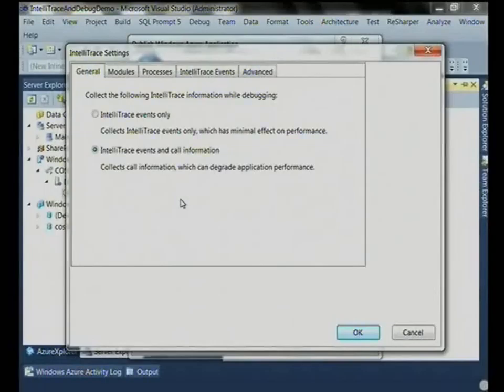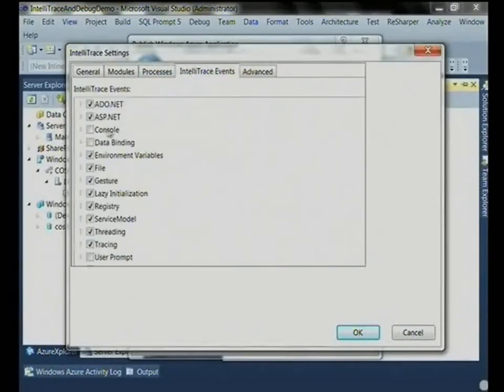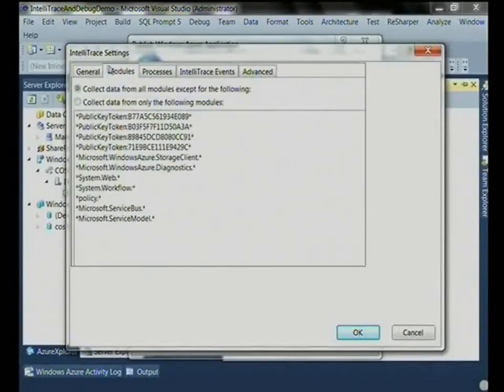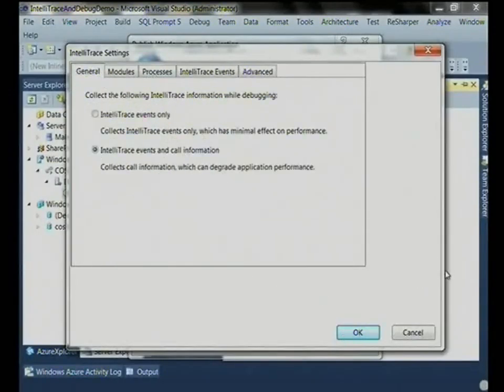You can just go with the default and say, just collect IntelliTrace when all these things happen. You can also go in granularly, if you want, and pick at what times and what events you want it to collect data. So I'm not going to go through each and every one of these things in detail, but there are some options that you can pick.